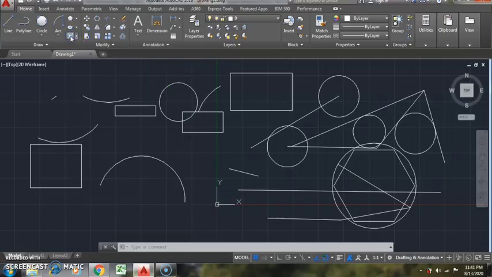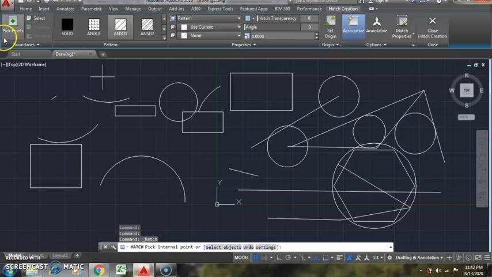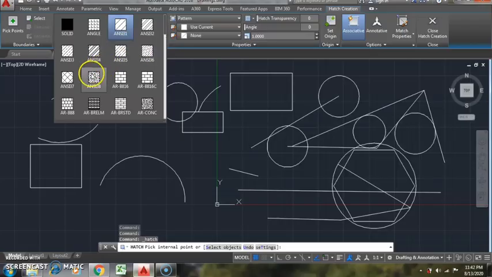Let's click on this hatch pattern. Then we are redirected to another design, and here we can select the hatch pattern. These are hatch patterns. We can get another pattern from the drop down. Here we can select any pattern,